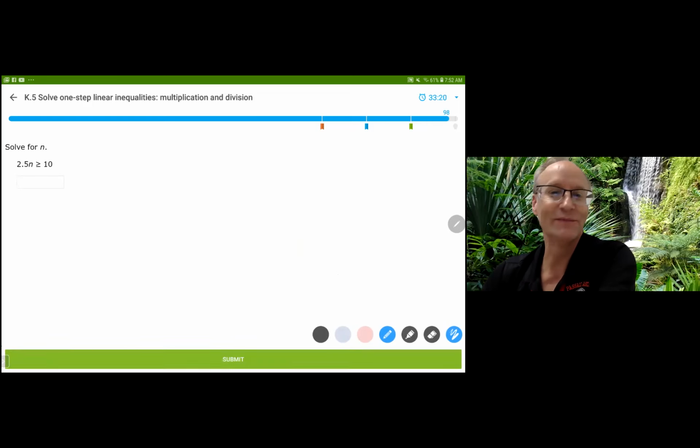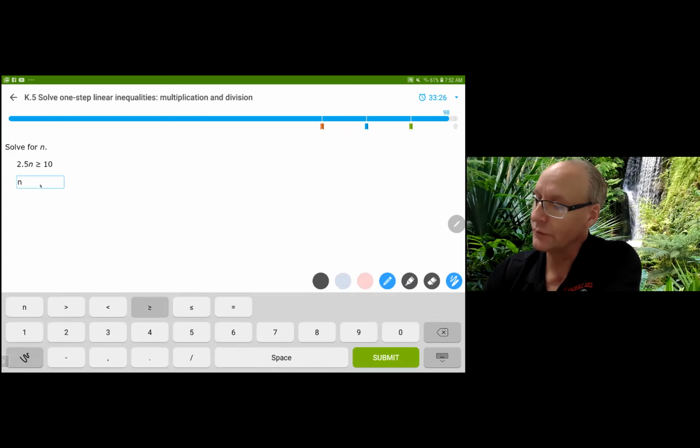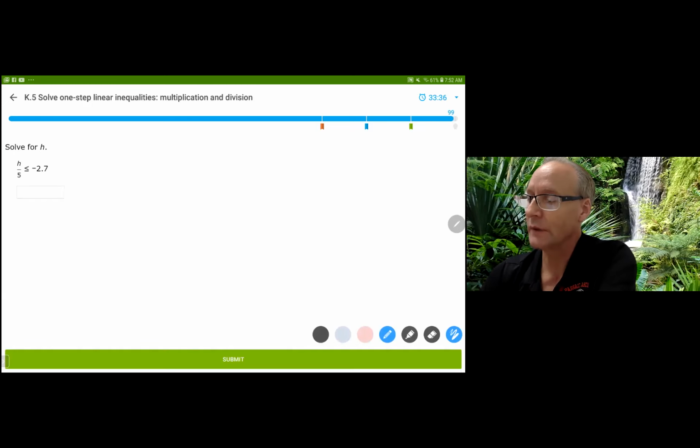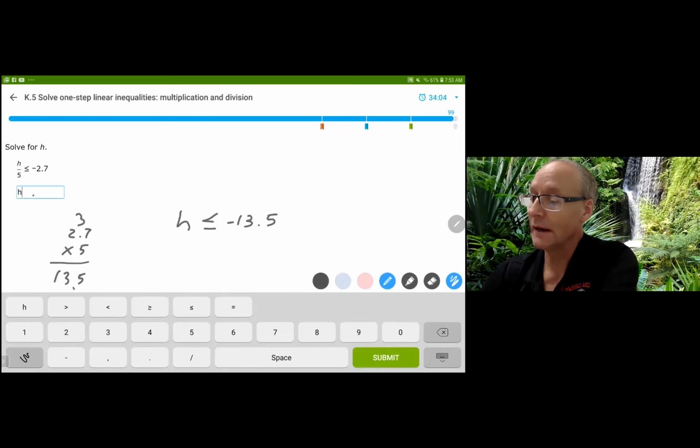This is taking forever. I'm so sorry, guys. Divide by 2.5, and you're going to get N is greater than or equal to 4. 2.5 goes into 10 4 times. And it looks like we have one last one. I'm going to multiply by 5 on both sides, and I'm going to get H is less than or equal to. If I multiply by 5, I am going to get 13.5. So it's negative 13.5. And just to be sure, I don't want to make a mistake. I have a 5 and a 3 and a 10 and a 13 and a decimal right there. So it looks like H is less than or equal to, I'm not changing the sign, negative